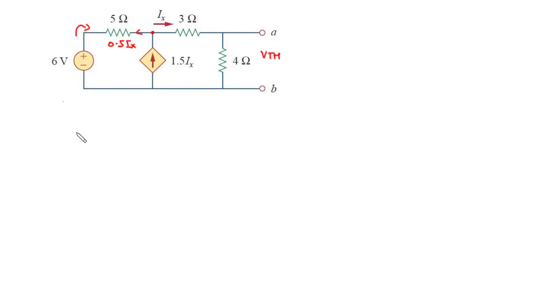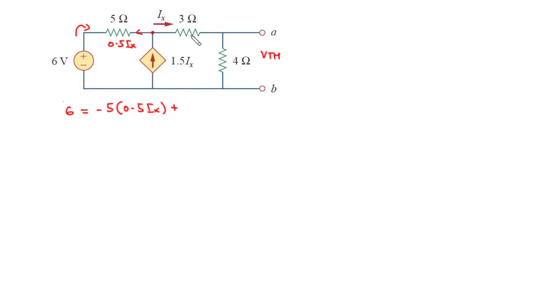According to KVL, the source voltage is equal to the sum of the voltages dropped across the loop. We have the source voltage in this loop to be 6 volts. So we have 6, and that is equal to, now we are taking the clockwise direction. This is opposing the direction we are taking. Therefore, it becomes negative. So we have negative 5 times 0.5 Ix